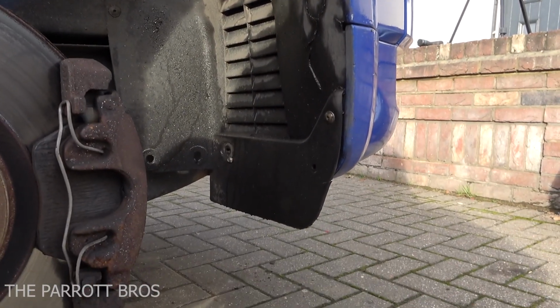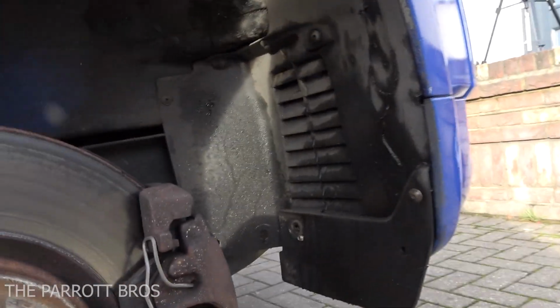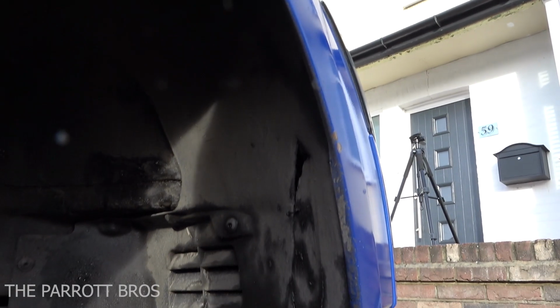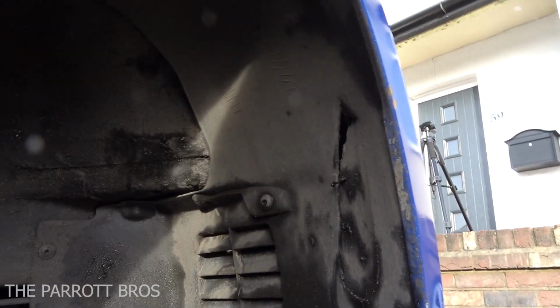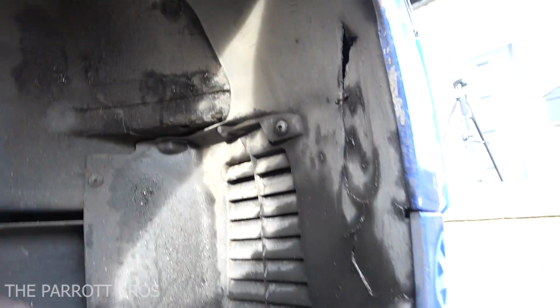Right, so the first step will be to undo the screws that hold the inner arch in the front. These are usually a Torx 20. Now, I've had to replace a couple of mine because my trim was damaged with some 8mm, but you can see here, just zoom in a little bit, there you go, Torx 20, and you just work your way around. There's one up here somewhere, just up here. On the top, just work your way around, get that undone, and then you'll be able to pull that forwards